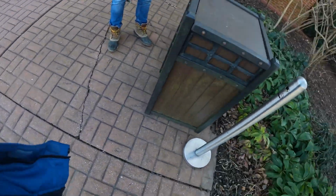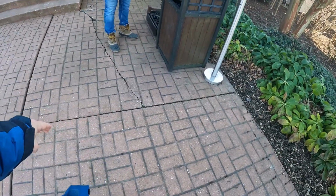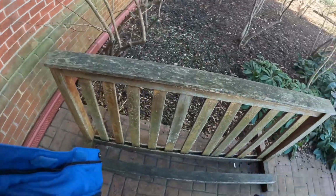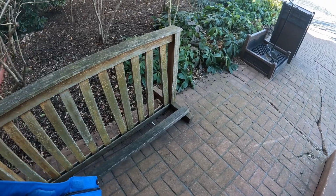Just to conclude our visit. Yeah, I think so, but we're going to have to cut right here. See where this is here? Pull this up. This whole. Let's cut all this out, okay? Excavate down. That's 8 foot, but you're going to go 2 feet down below the footers, and then